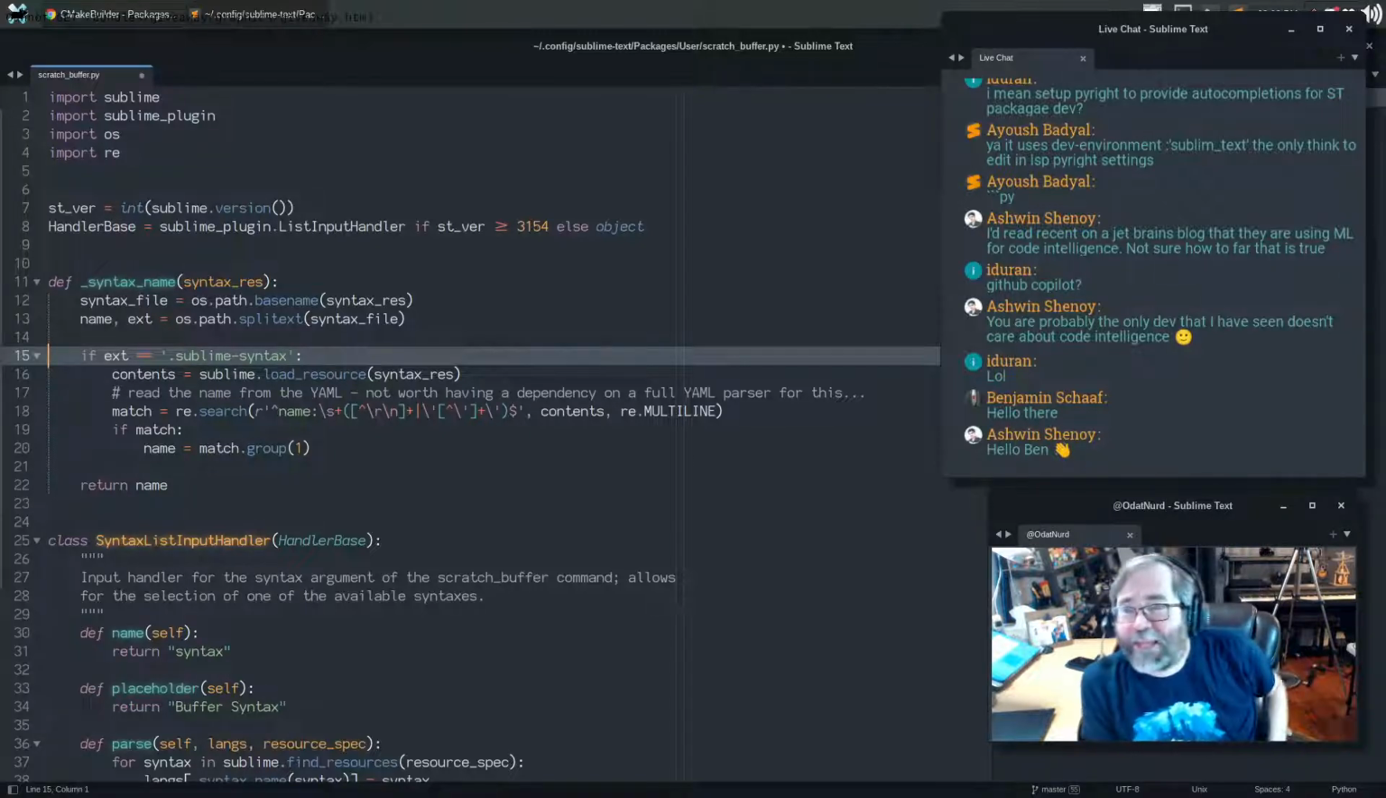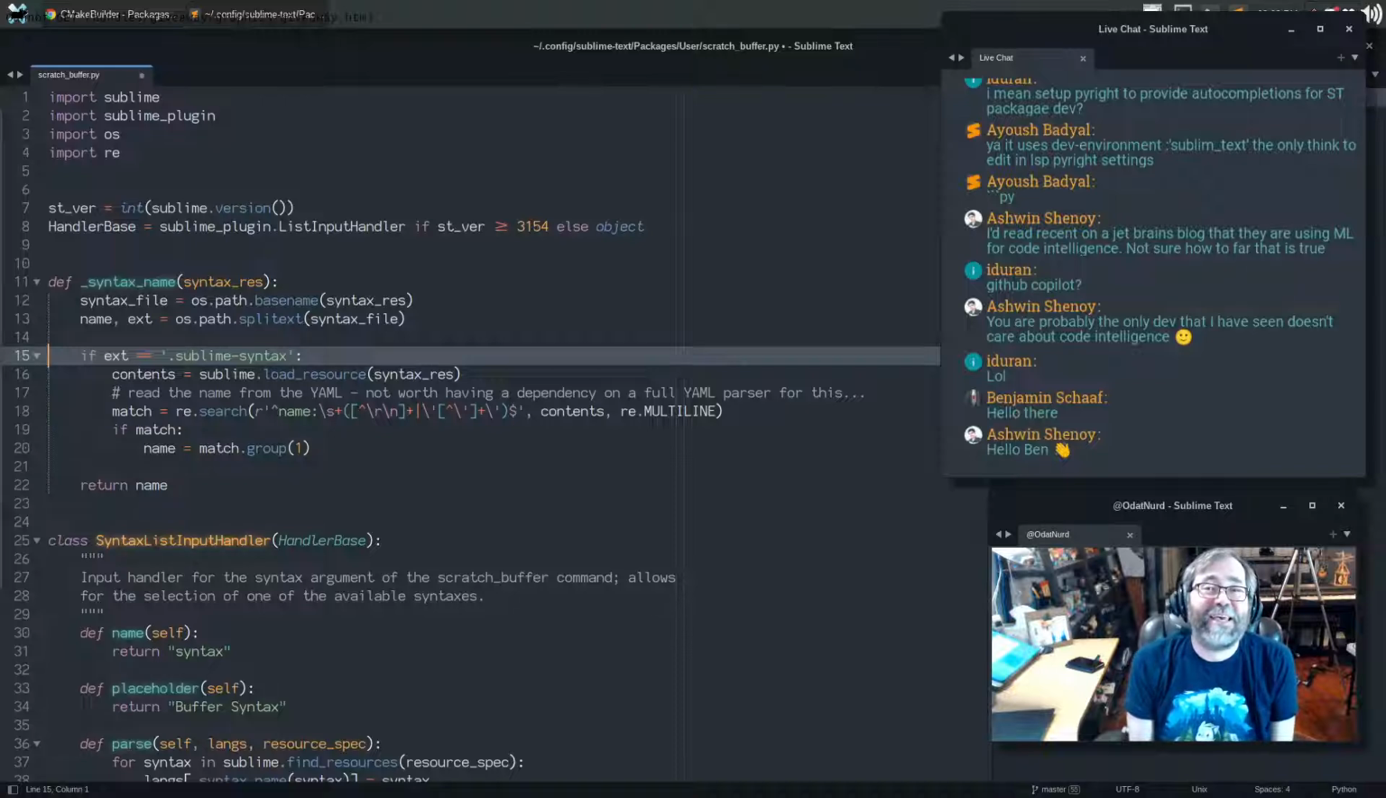How are things going today, Ben? We're discussing LSP and code intelligence and the like, and GitHub Copilot, which is